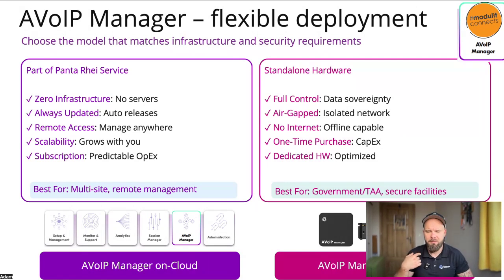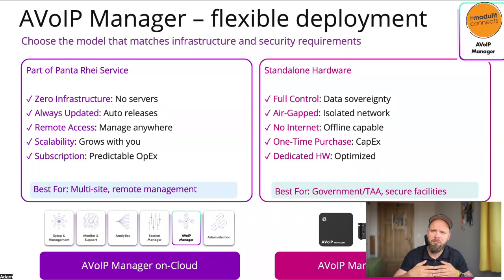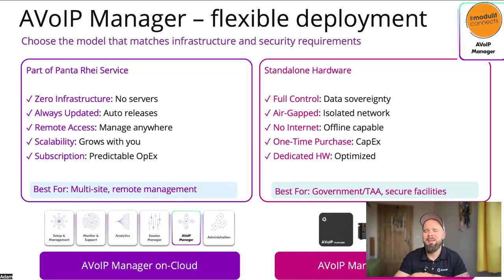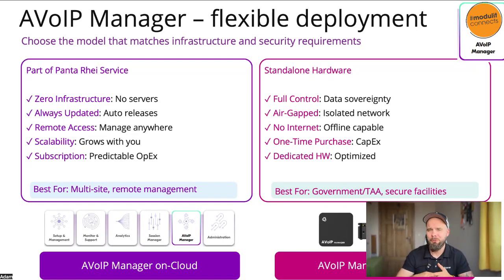From our perspective, our customers are now selecting almost only the hardware solution. We have few requests about the cloud, but it's not that popular. The hardware solution also means you can integrate it inside the network without having access to external services. For a cloud solution, that's not possible. You need to allow your network to be open in order to access the cloud services of Kramer. But again, you can select the way.